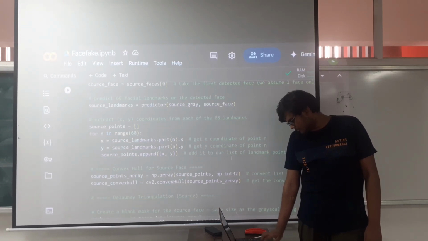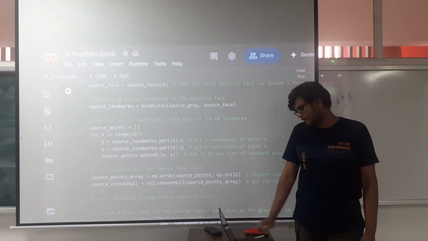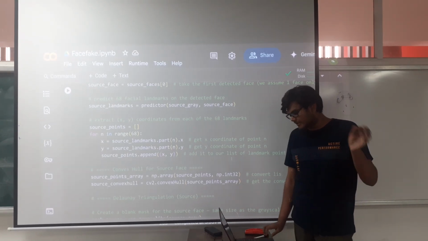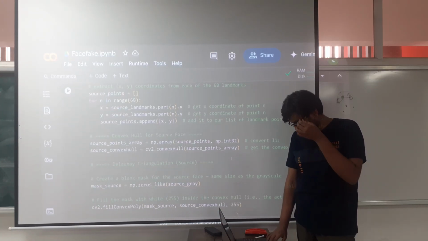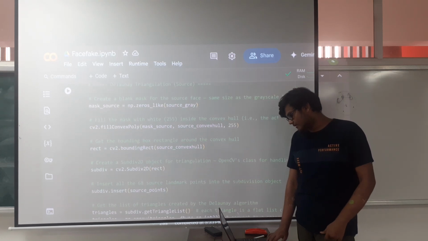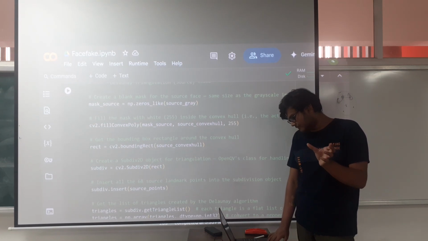So this code is responsible for finding the x and y coordinates of each landmark, basically a point on the convex hull of the image of the face. Linear triangulation, as we discussed, it already basically